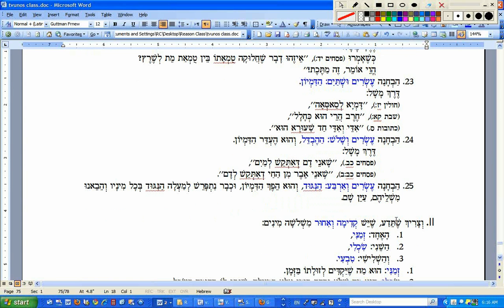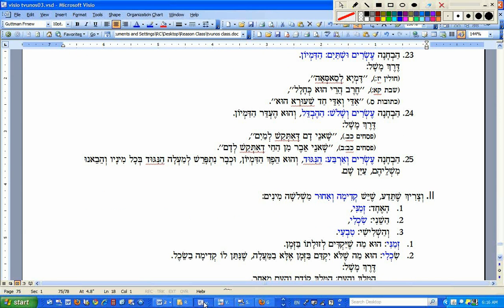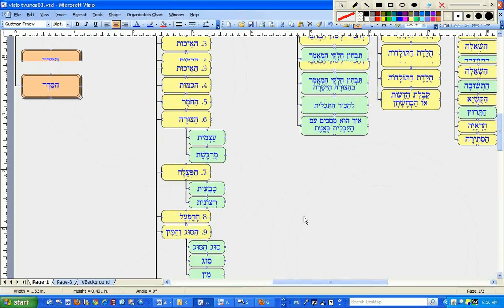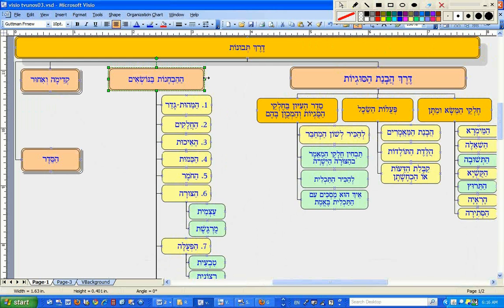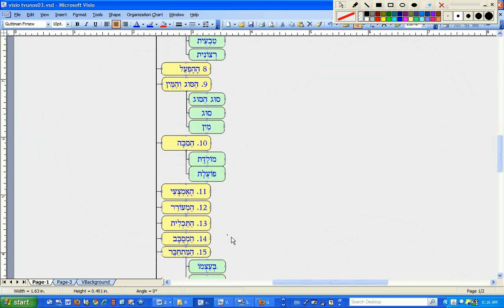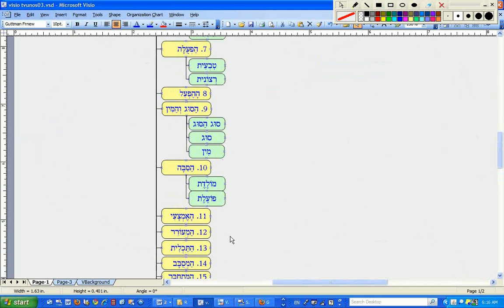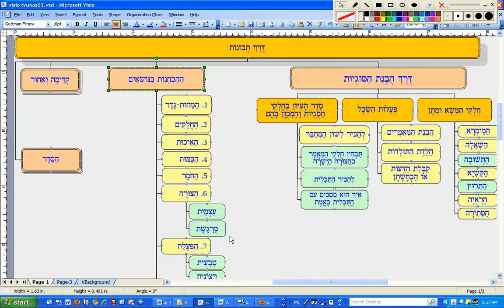Okay, so that now is the end of discussion of all the bechinos. Here's our little Visio chart. We had all the 25. Again, these tools I'll make available to you. You can write to Avi or write to me, it doesn't matter. Visio you can use without having Visio. They have a little program that Microsoft gives out so that you can read Visio files. You can't edit them, but you can look at them, so you can use this freely.